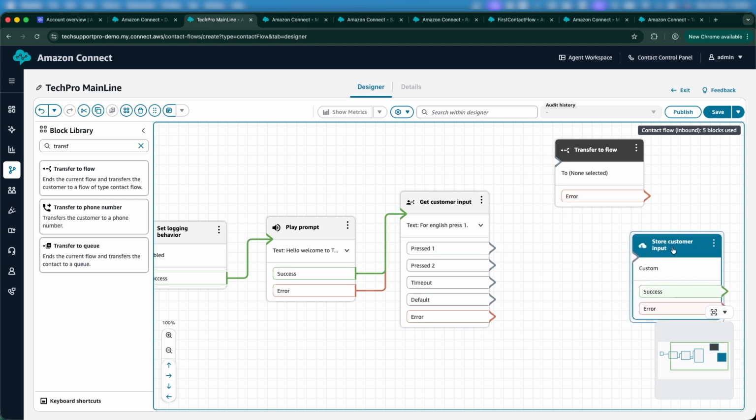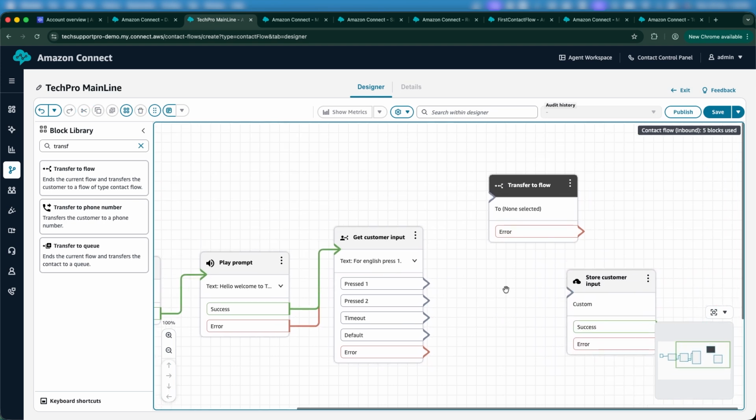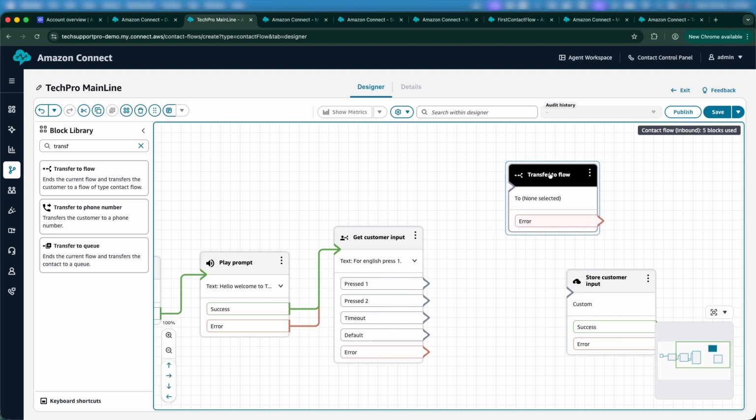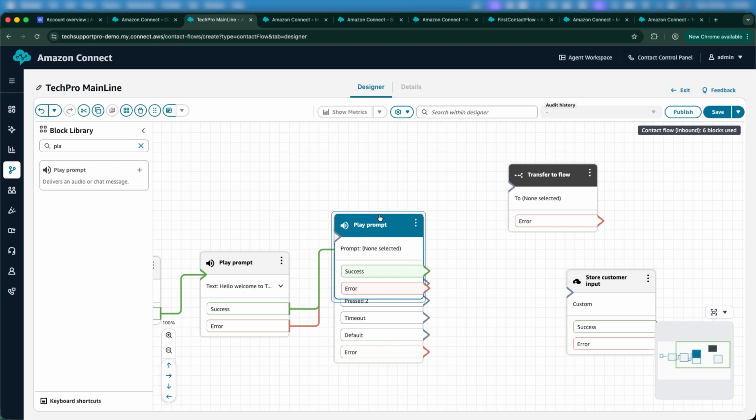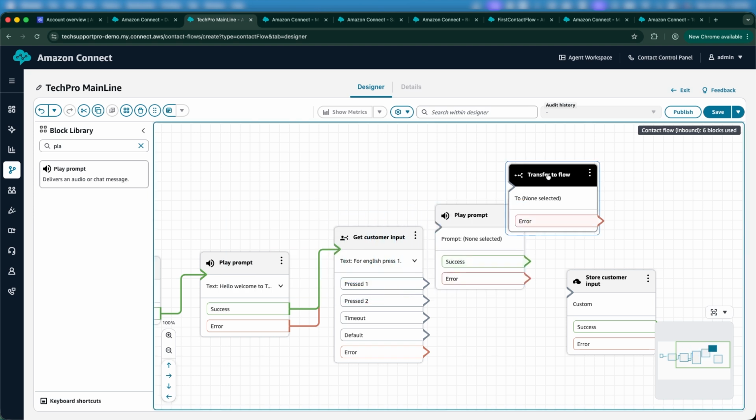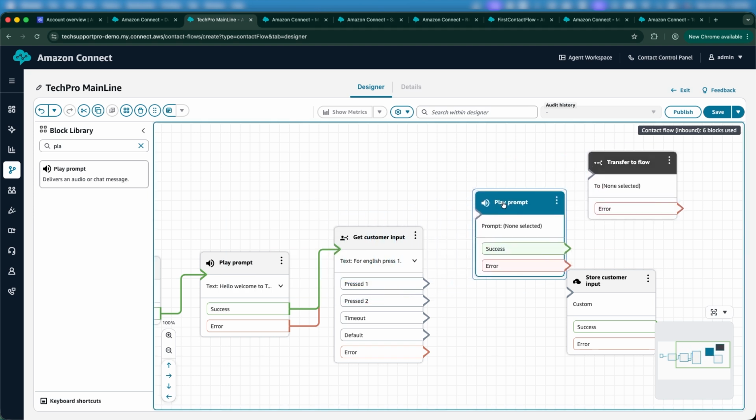Or someone can choose to say, oh, my call center is very simple, depending on what they want, so let me just have it in here. So in my case, just for this tutorial, I'm going to make it very simple. What I'm going to do is a play prompt, right? And then here, I'm going to do